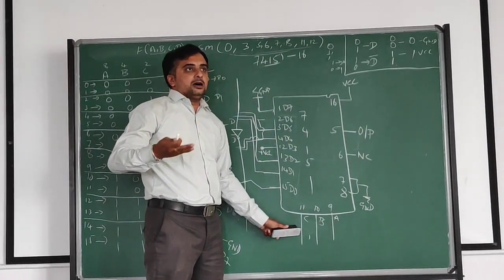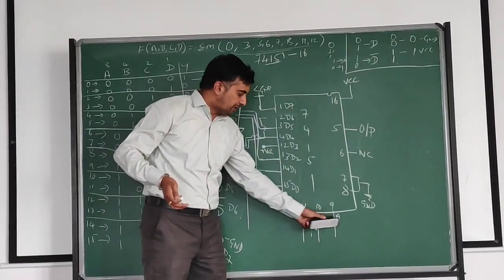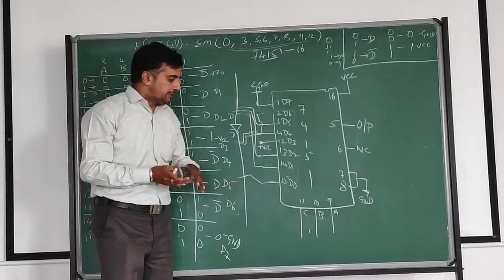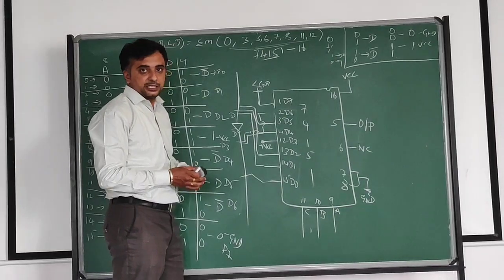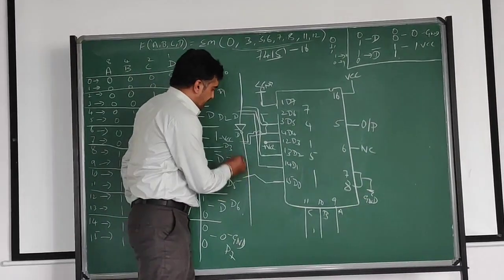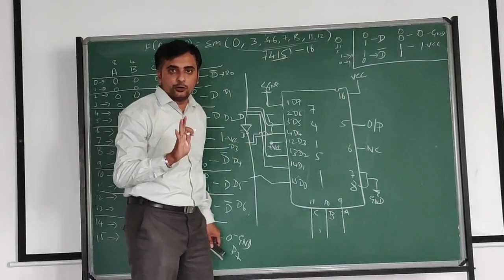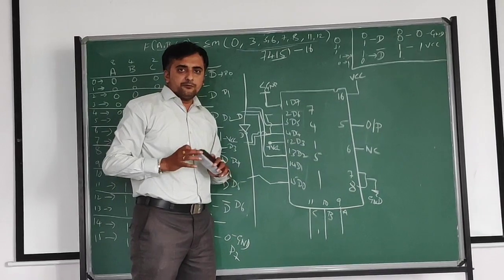Some of the students are asking about this question: only 3 inputs are there here, but we are asking for 4 inputs. Where do we collect them? These are the 3 inputs, and here another one is there, D bar, that should be connected to another one. This is D. So A, B, C, D: totally 4 inputs. So there are 3 select lines, but we are using 4 inputs.